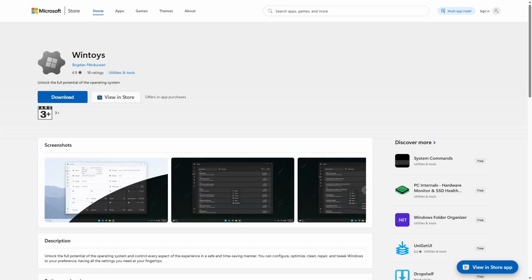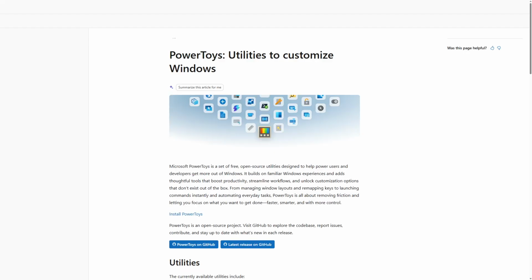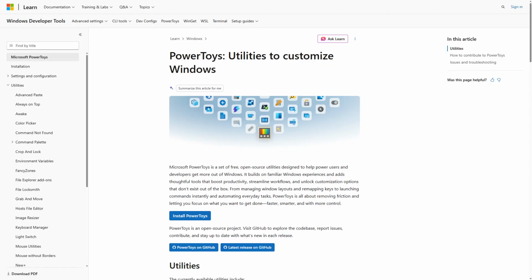WinToys versus Microsoft PowerToys. Choosing the right Windows utility can transform how you customize and optimize your PC without complicated setups. Both offer powerful tools but with different approaches and features. WinToys and Microsoft PowerToys are Windows utilities designed to boost productivity and system customization. The core difference lies in WinToys focusing on user-friendly automation and enhancements, while PowerToys delivers advanced system tweaks and utilities